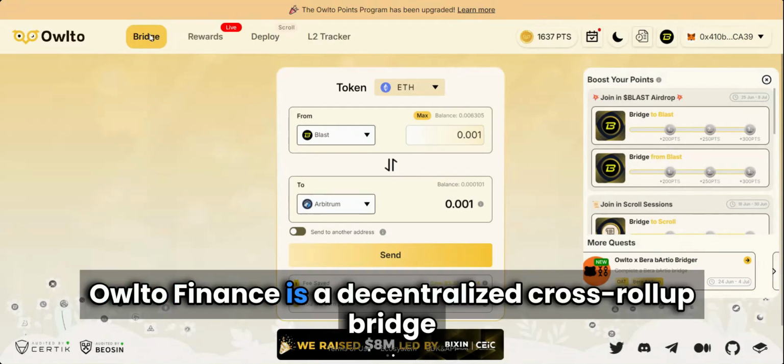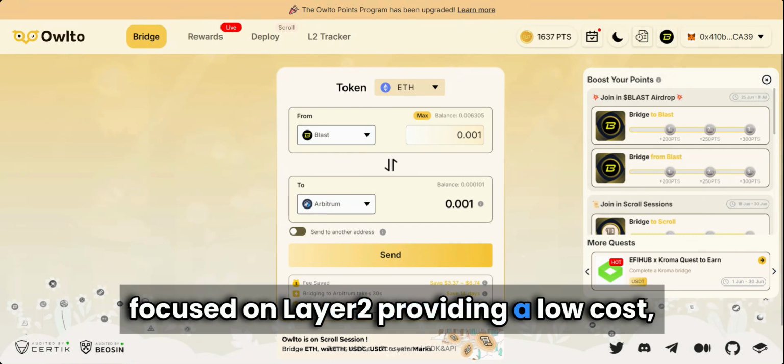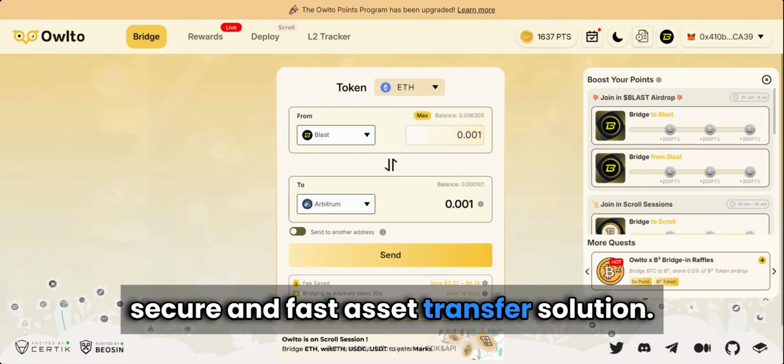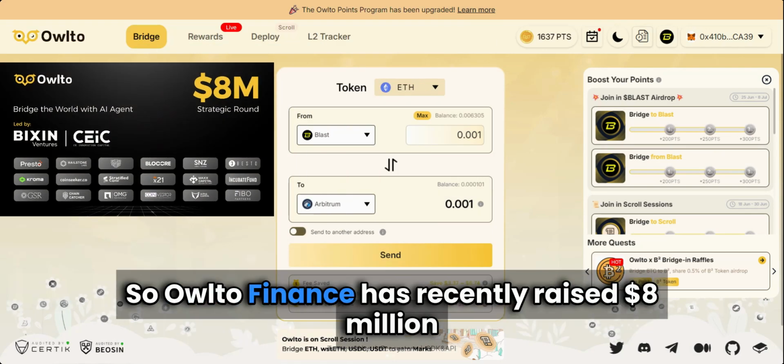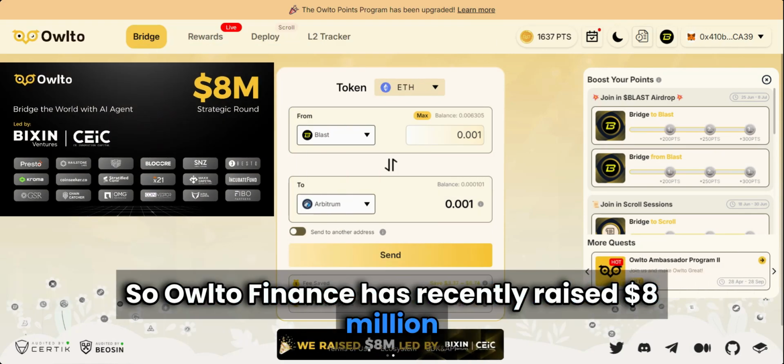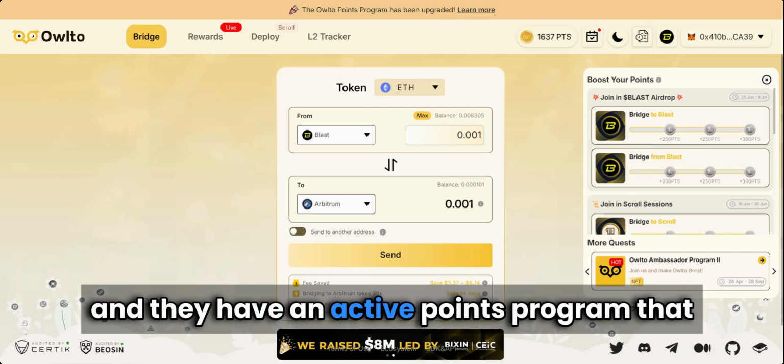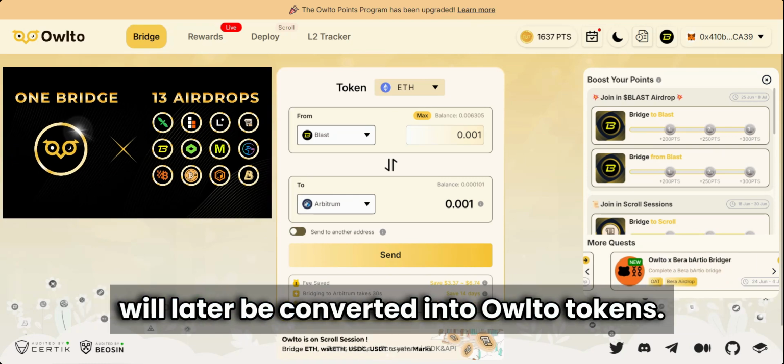Owlto Finance is a decentralized cross-rollup bridge focused on layer 2s, providing a low-cost, secure, and fast asset transfer solution. Owlto Finance has recently raised $8 million and they have an active points program that will later be converted